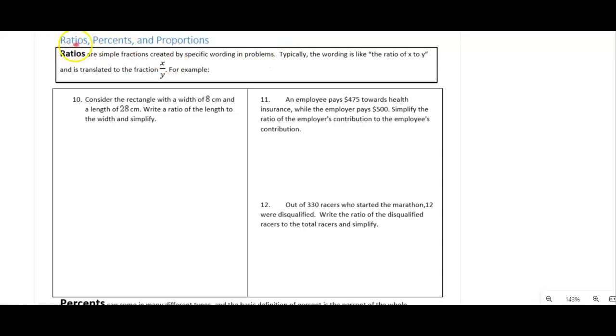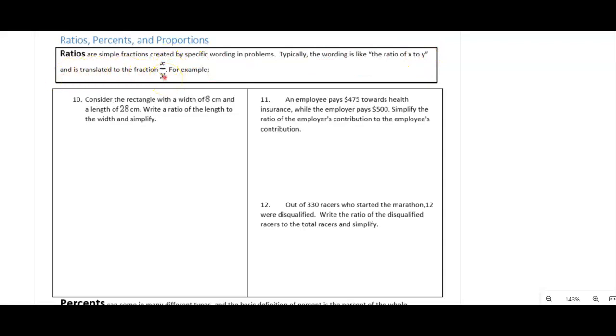Next up, let's talk about ratios, percents, and proportions. Starting off with ratios. Ratios are simple fractions created by specific wording in problems. Typically, the wording is like "the ratio of x to y," and that is translated to the fraction x divided